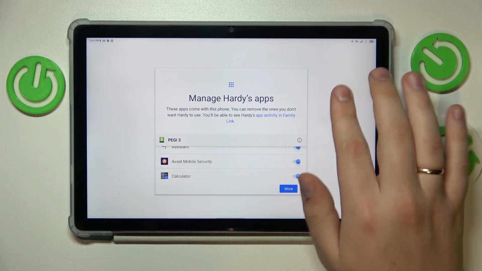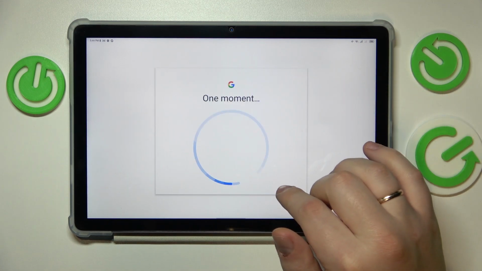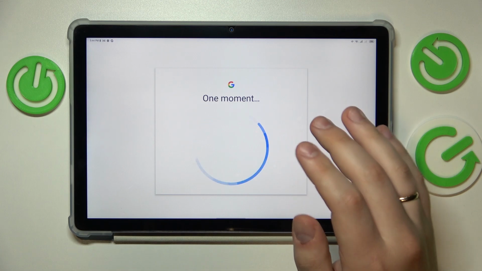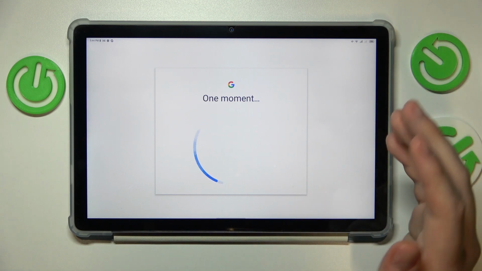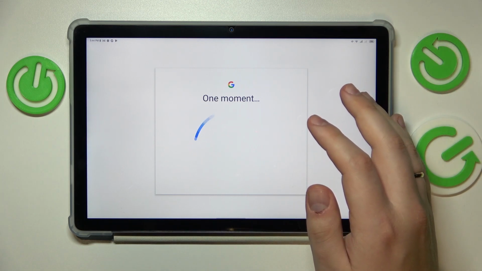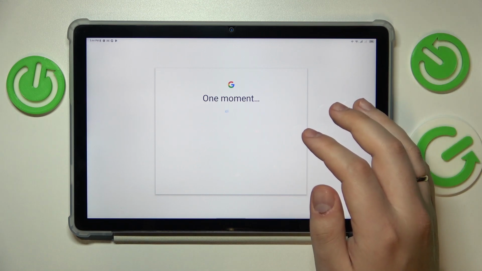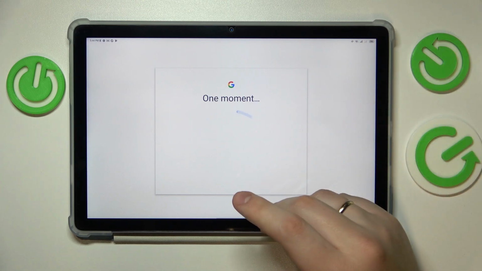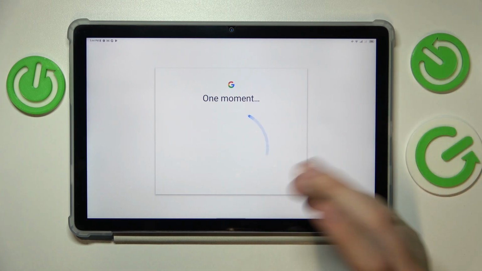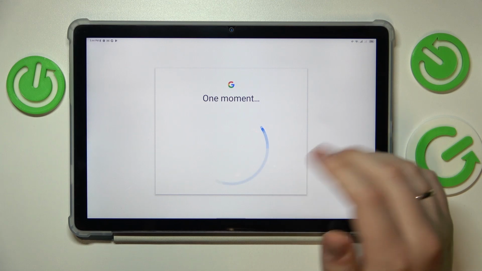The Manage Child Apps step we can just skip for now. The same applies to the following step that will suggest we install the content and age restrictions. But well, if you want, you can set this up right now, but I don't think there is a need. So